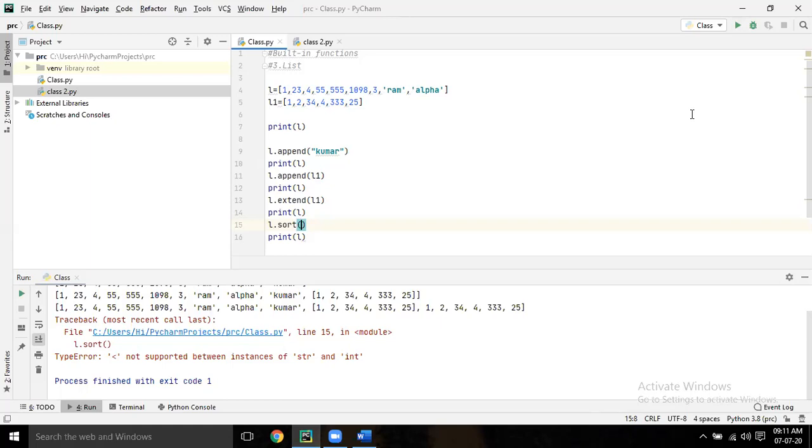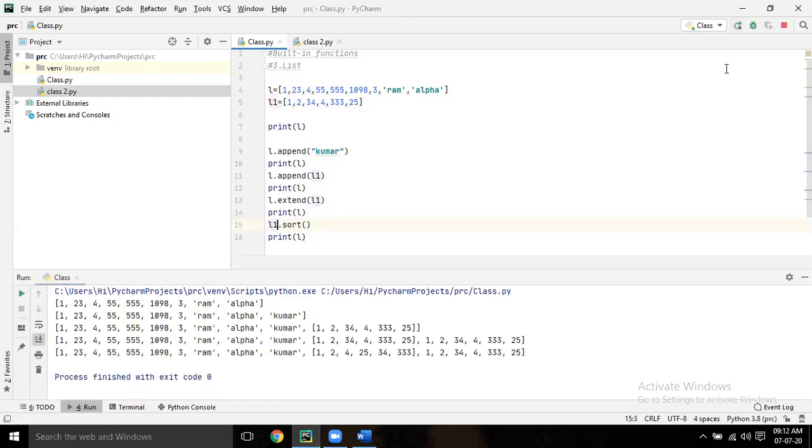So just do L1 dot sort, instead of L write L1. Now print L1 down below. Now you are sorting L1, so you have to print L1. Now it is sorting.